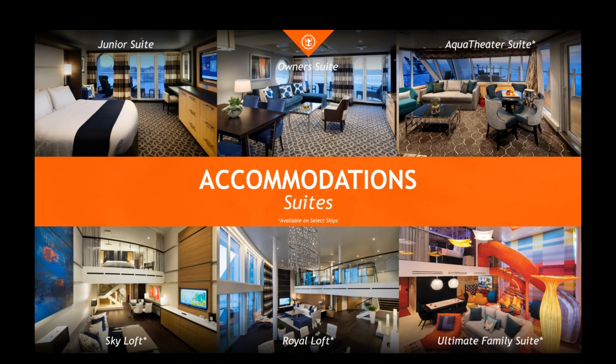All right, switching gears to talk a little bit about our suites. On the Oasis class, we have a very different kind of stateroom called an Aqua Theater Suite. These are balconies that back up to that AquaTheater amphitheater where you can enjoy those aqua shows right from your balcony. So you can gather together, have a wonderful view of the ocean and also those shows. Our Royal Loft Suite here, this is 1,600 square feet. You do have your own private whirlpool and an extensive balcony